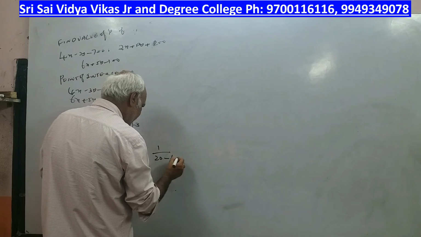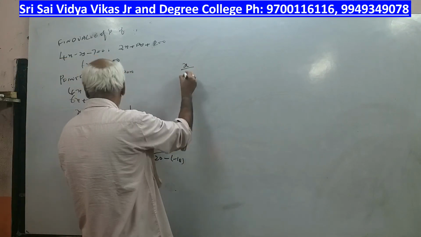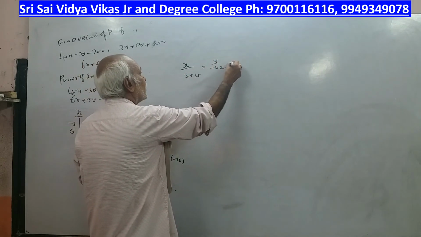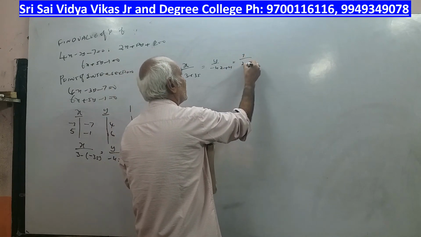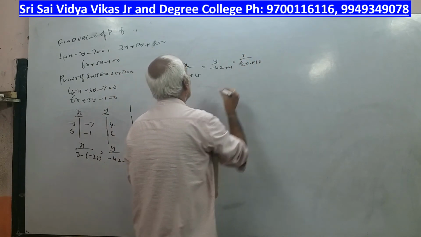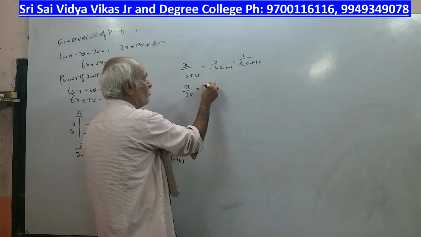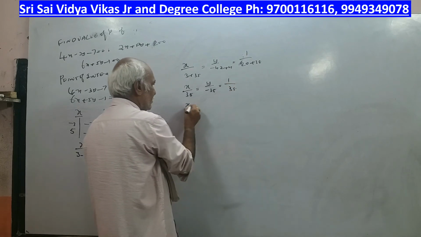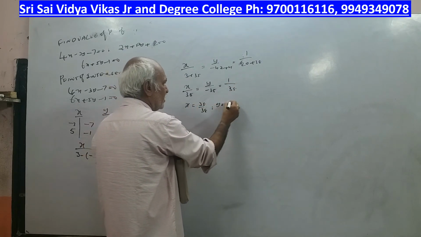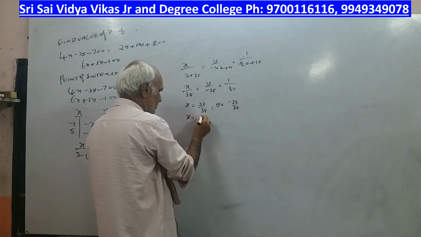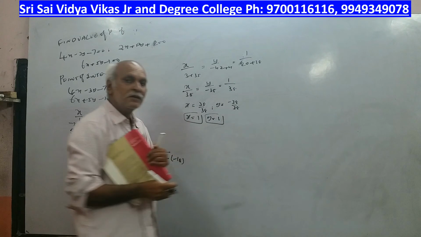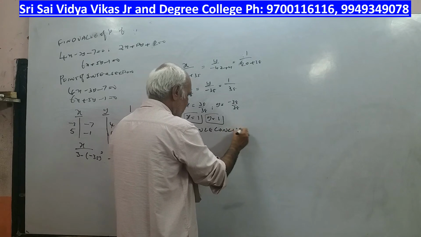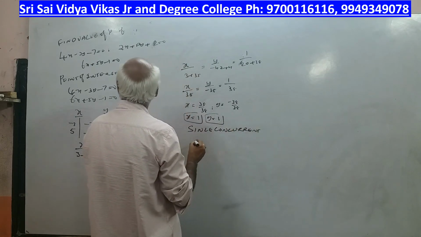is equal to 1 by 20 minus of minus 18. So, x by 3 plus 35, y by plus 4 is equal to 1 by 20 plus 18. Therefore, x by 38, y by minus 38, 1 by 38. Therefore, x is equal to 38 by 38, y is equal to minus 38 by 38. So, x is equal to 1, y is equal to minus 1. Okay. Now, since concurrent, okay, what is the last point?